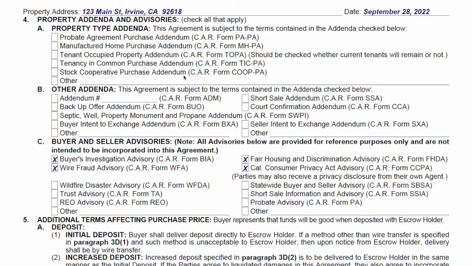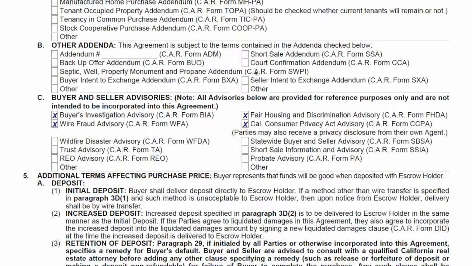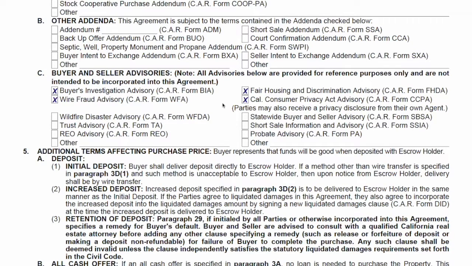So we're not going to spend too much time on this because you'll know that if you have a unique situation and you need to add a form, you're going to see here. So you just skim through here. Is this a probate? Is this a manufactured home? Are there tenants involved? Is there a septic tank? I mean, if you see these words here, you'll know to incorporate the form. This will literally take 10 seconds for you to scan through visually to see if any of the words here